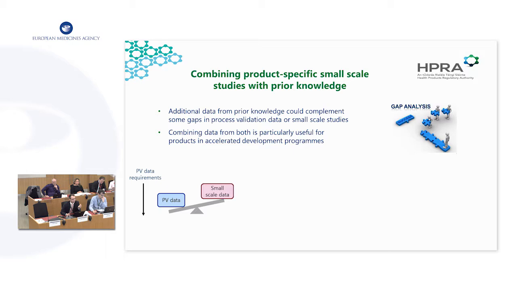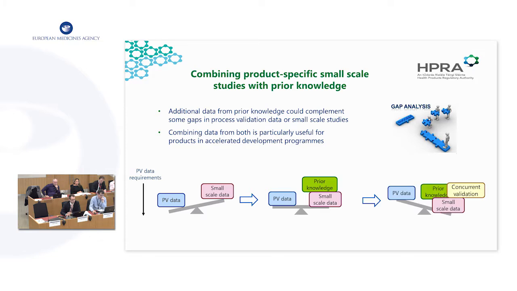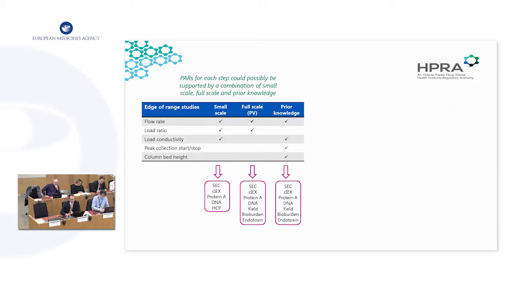And just thinking of it conceptually in terms of the process validation requirements, and this is particularly relevant for accelerated approvals, where traditionally you have a lot of small-scale studies, so you can reduce the extent of large-scale process validation data. Prior knowledge now can add to this to reduce the burden of full-scale process validation data. And then for those accelerated approvals, which you'll hear later on, you could have a combination of prior knowledge, small-scale, and concurrent validation to build an overall control strategy or knowledge base about how you can assure quality of the